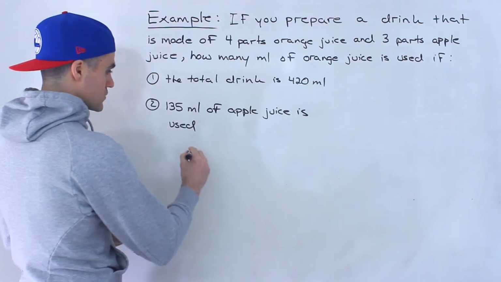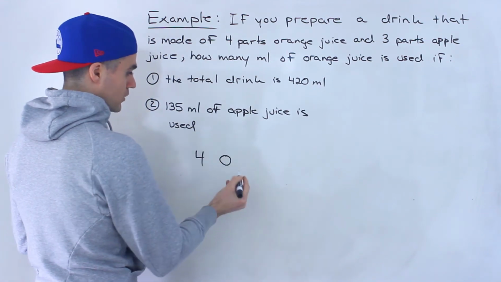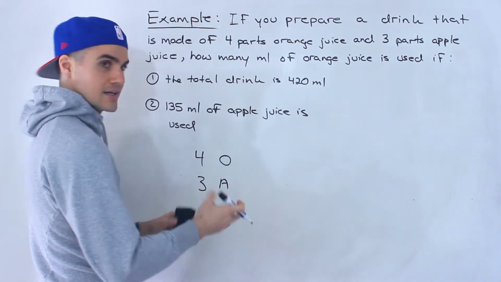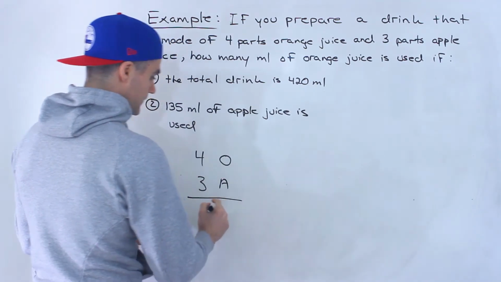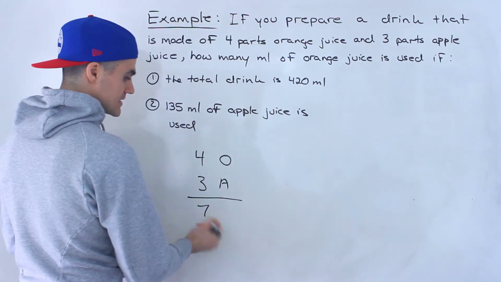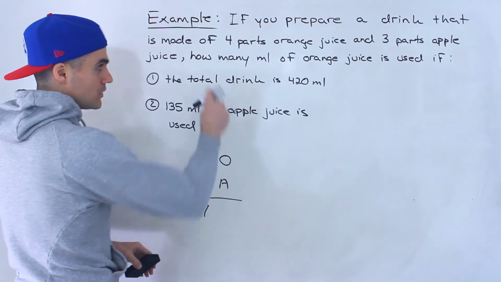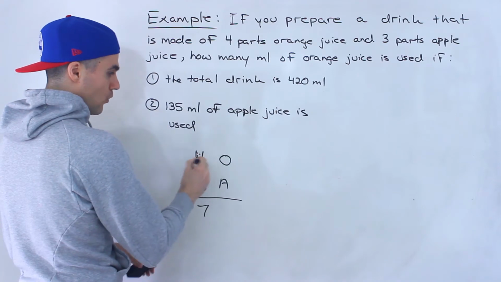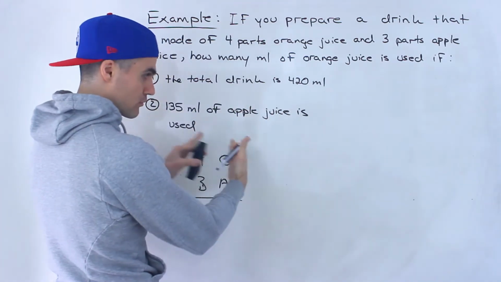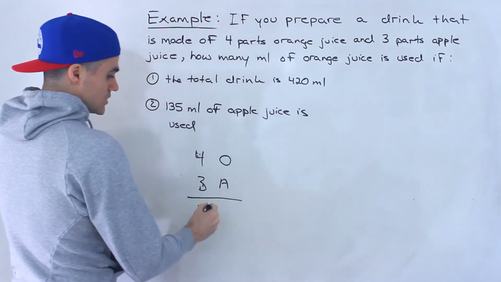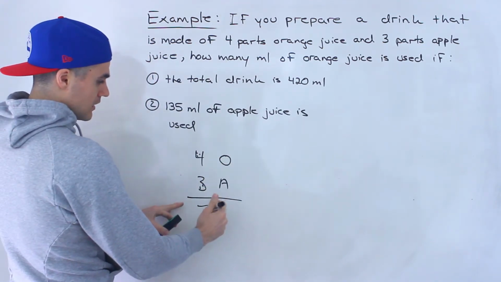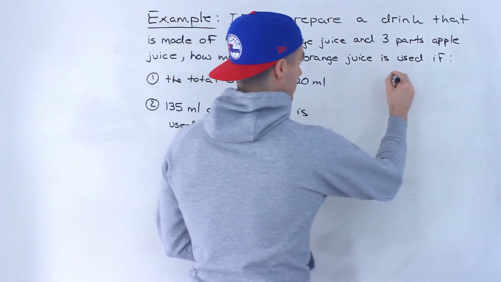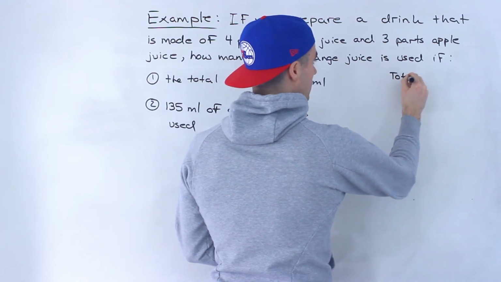So what we're doing is we're taking 4 parts of orange juice, mixing it with 3 parts of apple juice to get a drink. So the total drink is going to be 7 parts in total. Right? When you get a question like this, you're assuming that these parts are equal, right? 4 certain amounts, and then 3 certain amounts, and those amounts are equal. So from here, if there's 7 parts, 4 of those parts is orange juice, then we know that if we have the total amount of juice here,